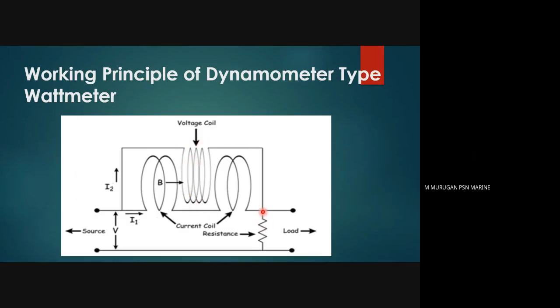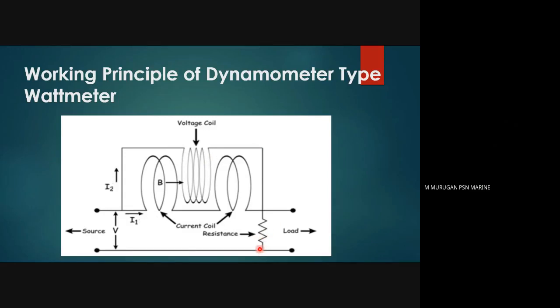This is not a connection actually. This wire is separate and this wire is separate. These two are not in connection, not tied up. So this is a separate line, and this is a separate line. Current flows through this coil, comes to this coil and goes outward. That is a separate path. Then voltage appears between these two points through this coil and this resistor.